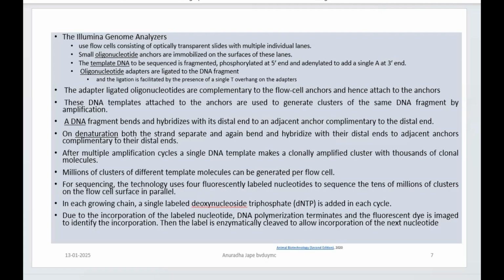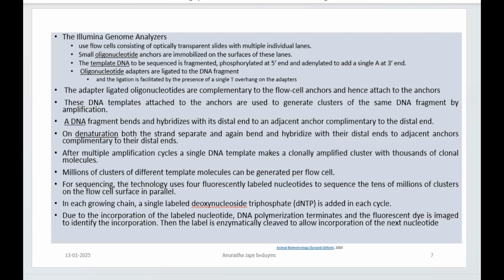So you are going to have fluorescently labeled nucleotides, and they are going to be used for sequencing the DNA fragment under study, right? But here millions of clusters are there on the flow cell surface, and they are in parallel, right? So massive amplification, massive sequencing, and high throughput, that is the outcome. So whenever you are talking about sequencing by synthesis, that means you are providing everything that is required for extension of a polynucleotide by synthesis process, and the fluorescently labeled nucleotides.